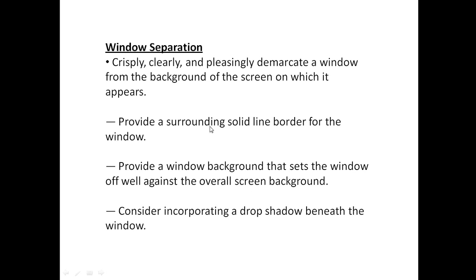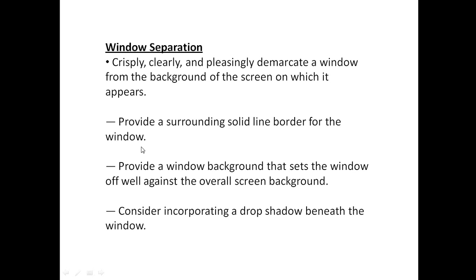Most of the time, if you look at how we separate one window from another, we crisply, clearly and pleasingly demarcate a window from the background of the screen on which it appears. We provide a single solid line border for these windows.